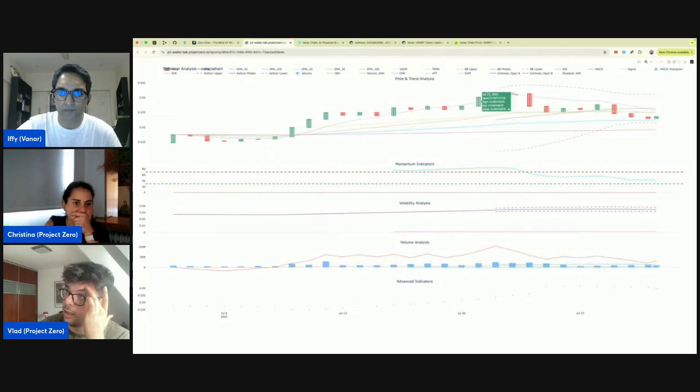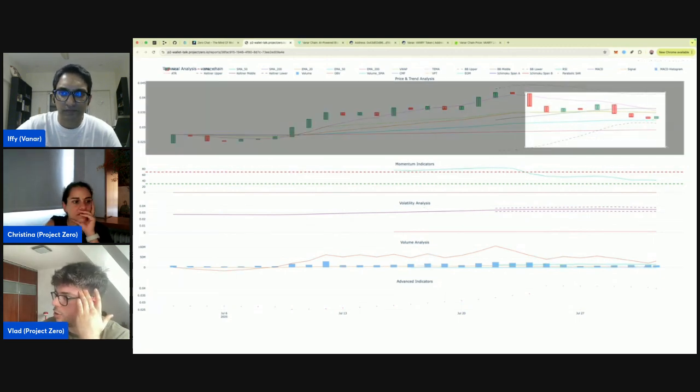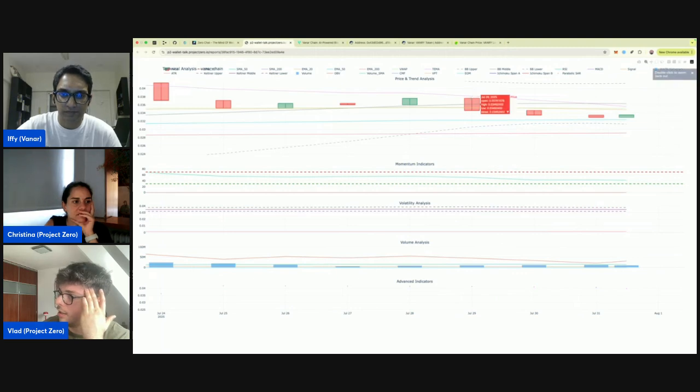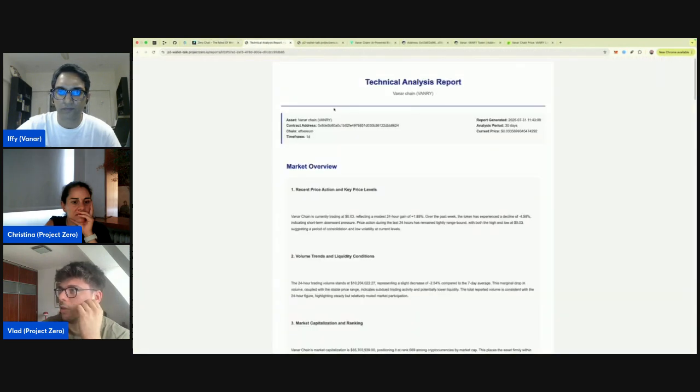Here is a price and trend analysis, where we can see some charts. There are momentum indications, volatility analysis, etc. We can zoom in and see some additional info here. For somebody it might be useful, I guess. And also here's a quite comprehensive